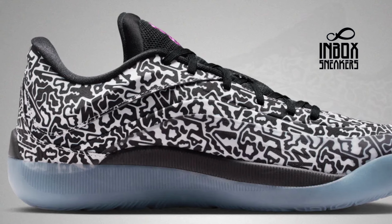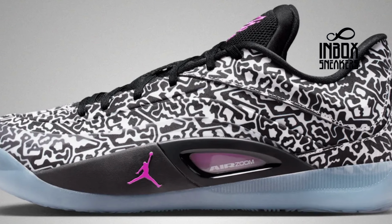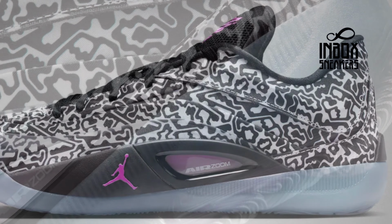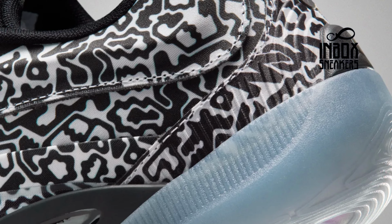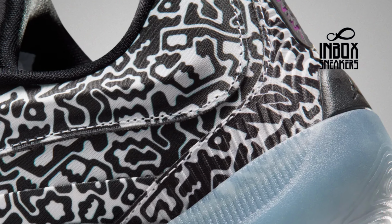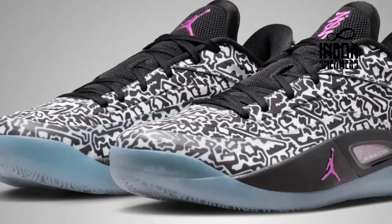Vivid purple accents appear on the tongue, Jumpman logo, and Zion branding, delivering a vibrant contrast against the monochrome base and adding a modern street-inspired vibe. Black details around the laces and inner lining further tie the design together. The light blue icy outsole reveals parts of the midsole foam and features added texture at the center for reliable